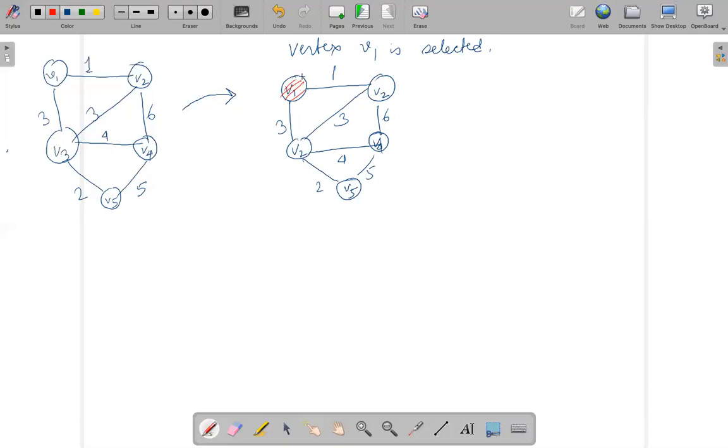Now we will have to find the nearest vertex to V1, and in this case the nearest vertex to V1 is V2. So therefore in the next step